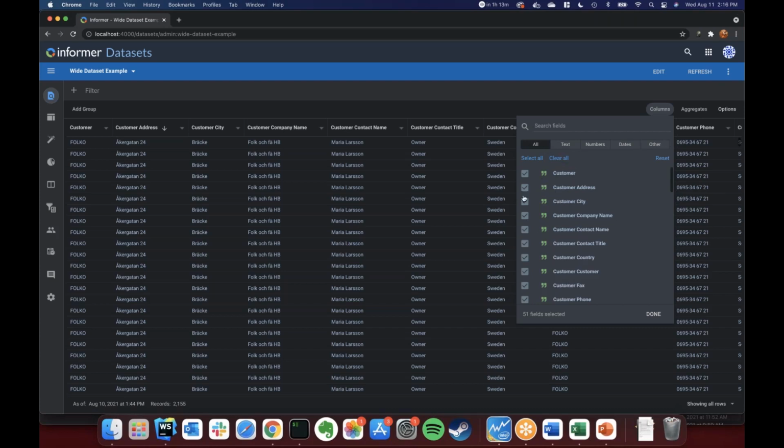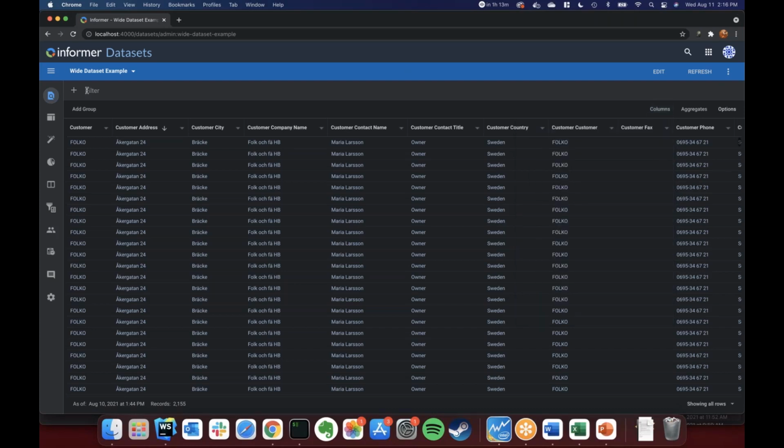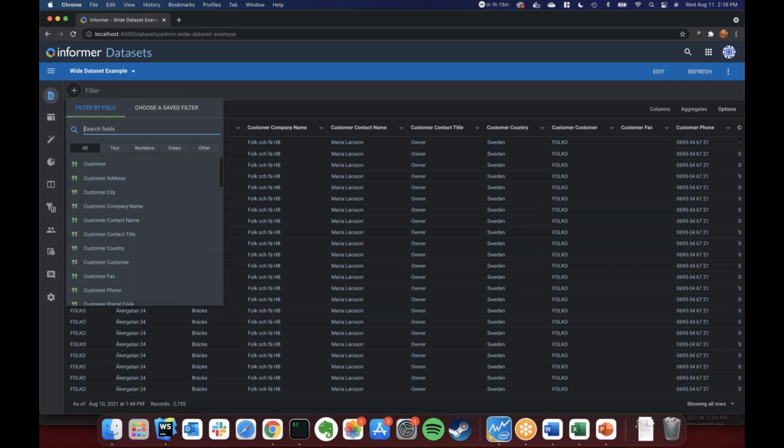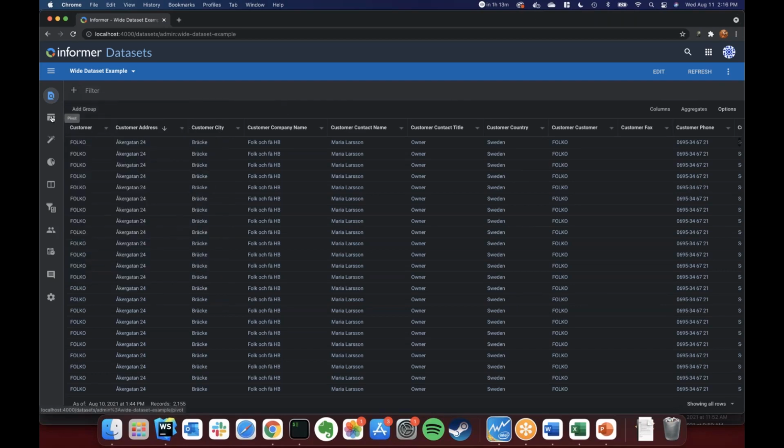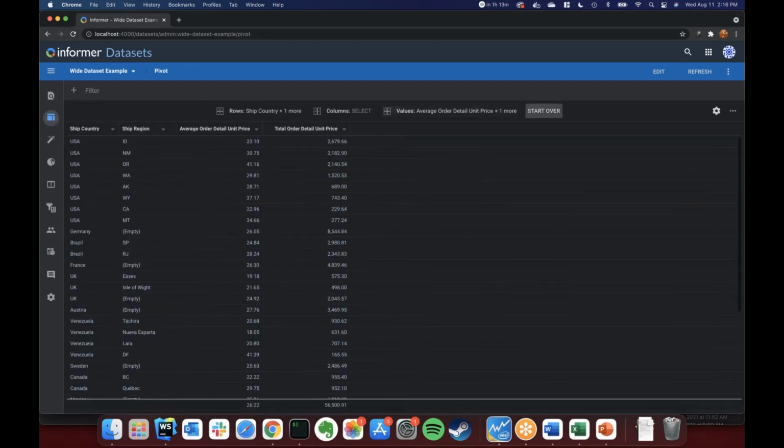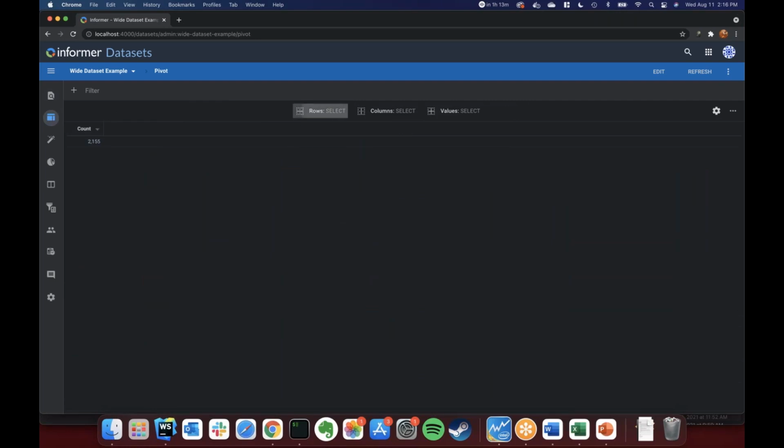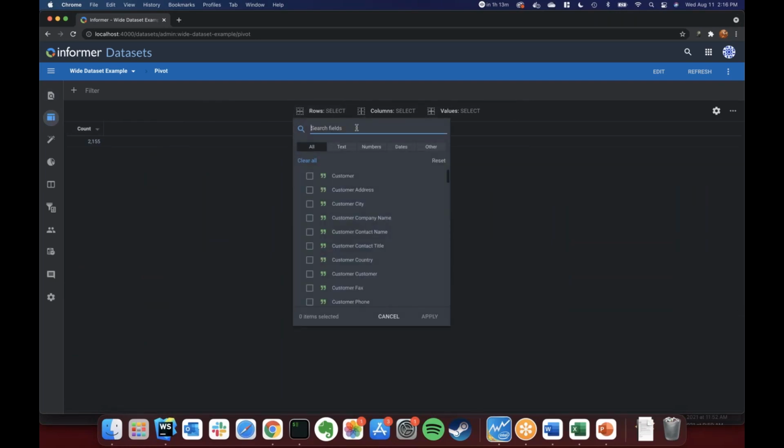So, we have this new panel on the column chooser, and also on the filter bar, which lets you quickly search for different things. And then we also have it available on pivot. So if we go into our pivot table and click on rows, this is searchable too. So I can search by country, and then you can actually do multiple selections here,